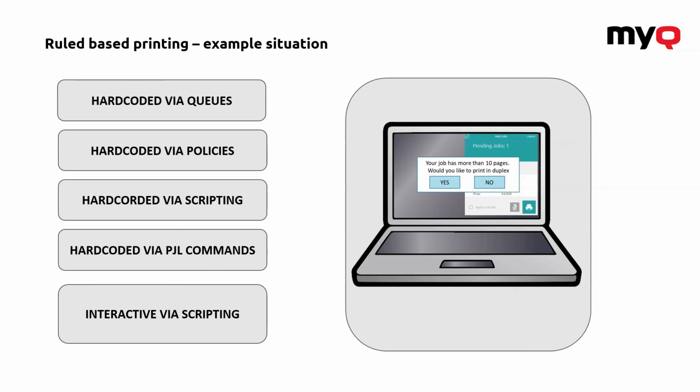This is just a simple rule, and of course you can combine it and create a sophisticated script which will apply certain settings and ask the user to interact. So, as you can see, there are a few options which can help you to control the output of your printing. And those are the options here.